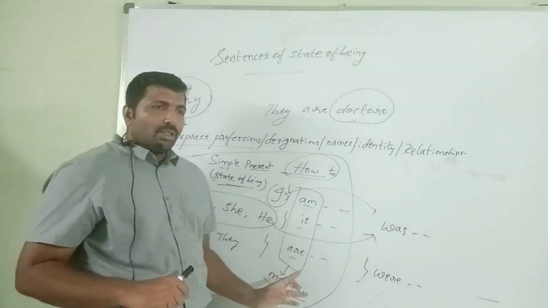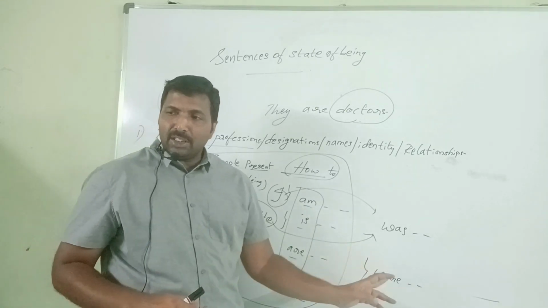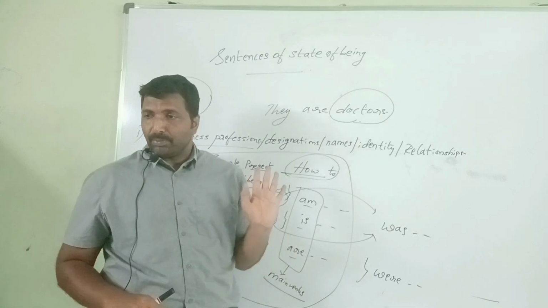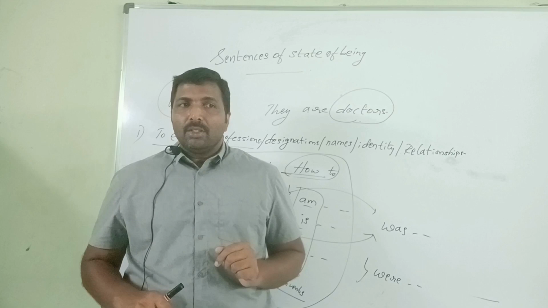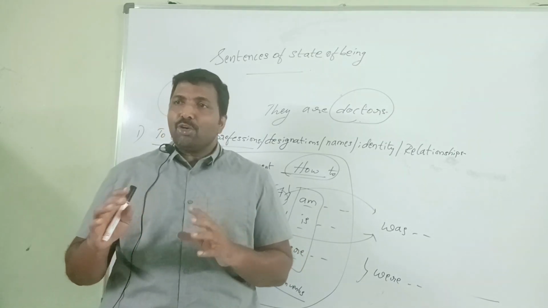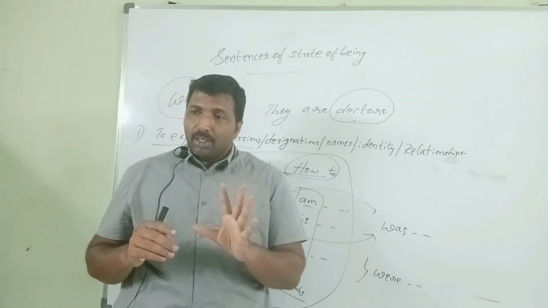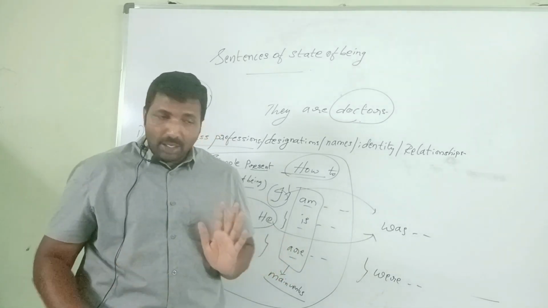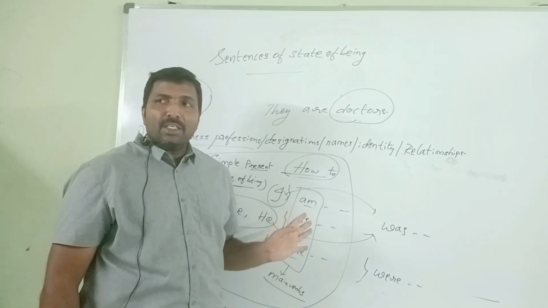After am, is, are, if V3 is there, that is a different structure. After am, is, are, if V1+ing is there, that is a different structure. But here only am, is, are are the main verbs. He is waiting: waiting is the main verb, is is the auxiliary. They are dropped by the school bus: after are, V3 is there, so are is the auxiliary verb. If am, is, are are auxiliary verbs, those are action sentences. If am, is, are are the main verbs, that is the simple present state of being structure.